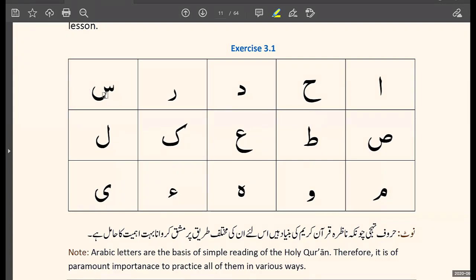Hamza. Well done. Sheen. Seen. This is seen. Sheen has 3 dots. This is without a dot. Seen. Yeah, a little hissing sound. Seen. Yes. Lam. Lam, long. Yes. Ya. Well done. Excellent. Now, as a test, column number